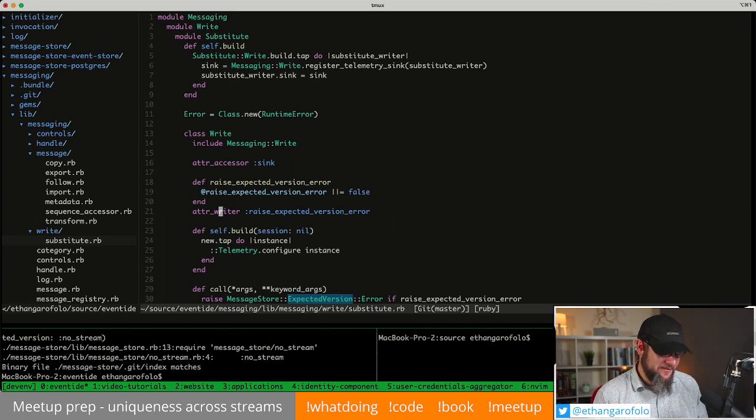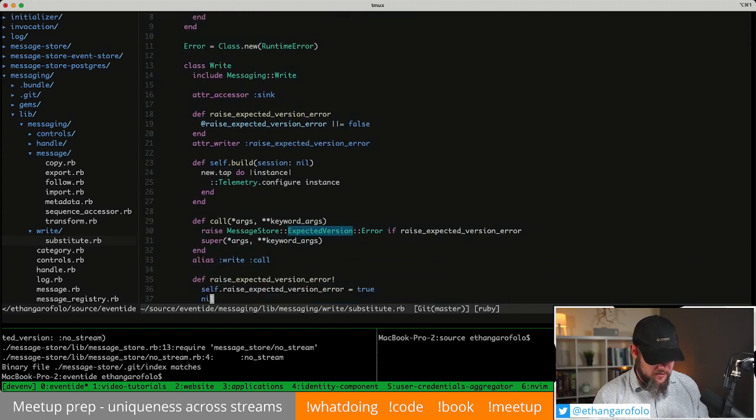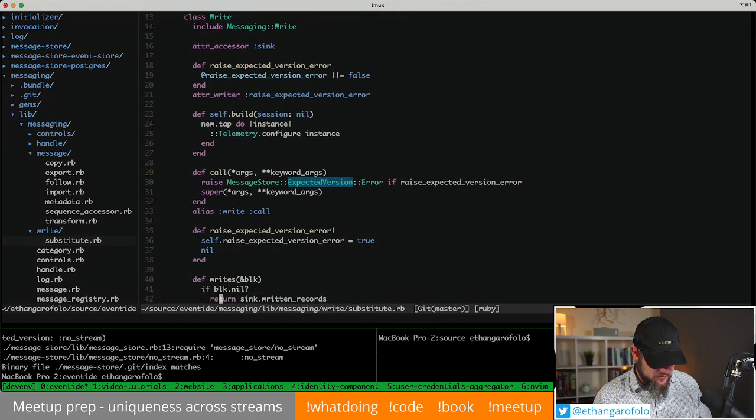So anyway, this is the messaging write substitute. This is the thing that we can set into a different state. Like you can call raise expected version error here. That tells you whether or not it will, but there is something you can call to set it into a state that it will throw an error. So that's what it is. You would call this. And that will just raise the expected version on the next call no matter what,